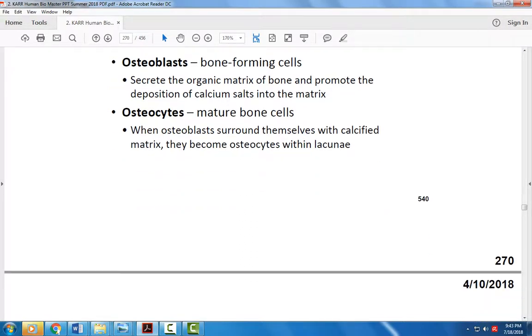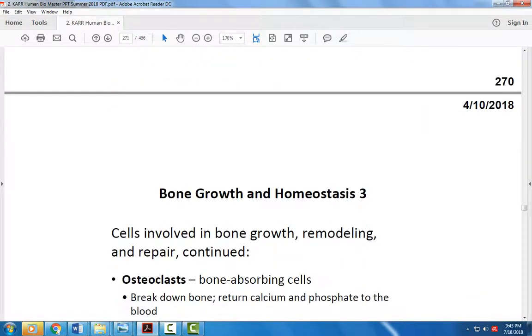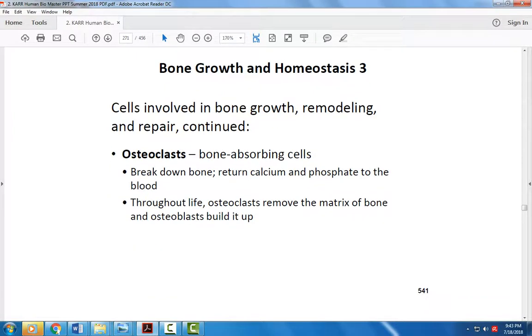Then there's another type of cell that we find in the skeletal system, and that's osteoclasts. These are like cleavers. They break down the bone to release calcium and phosphate to the blood. For example, if you're not getting enough calcium in your diet, these osteoclasts are stimulated by a hormone called parathyroid hormone that is released with low calcium levels. So if we don't get enough calcium in our blood, these osteoclasts will break down bone to release that calcium,